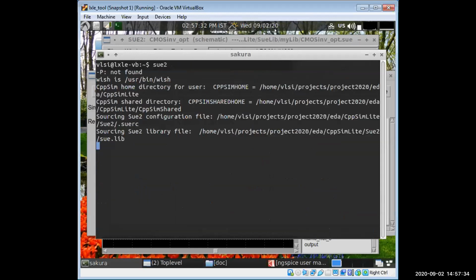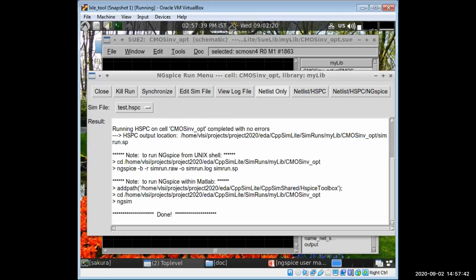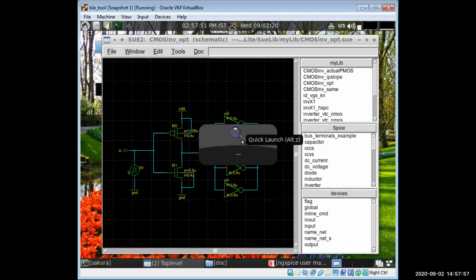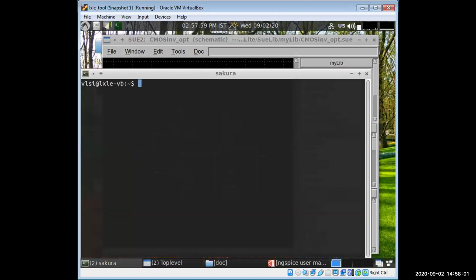Then let's now go to the file location. Click netlist/hspc. It will show you the output location. It is inside this simrun.sp, which is inside this module. So let's go there. Open a new Sakura terminal.